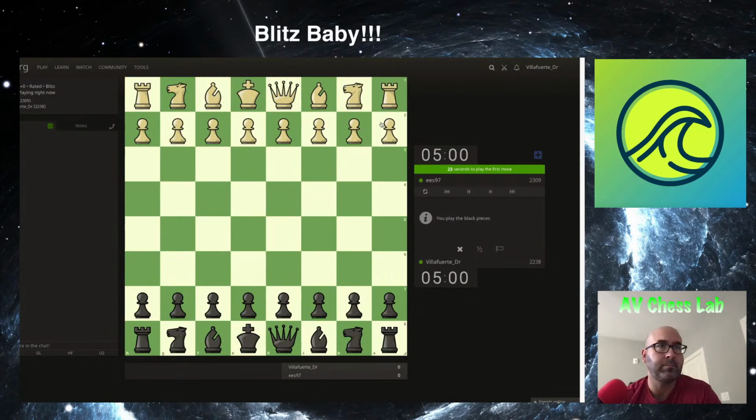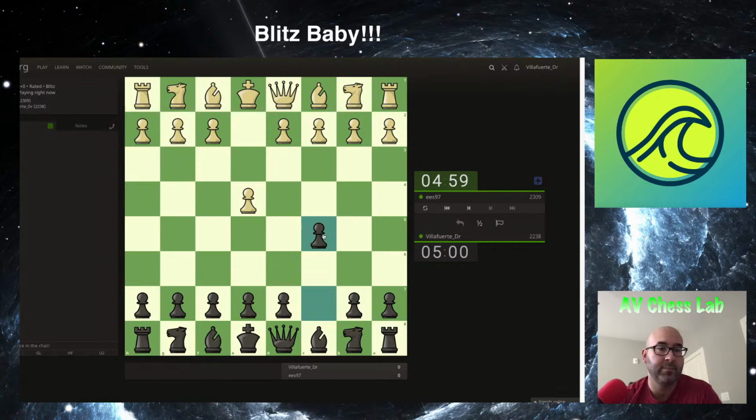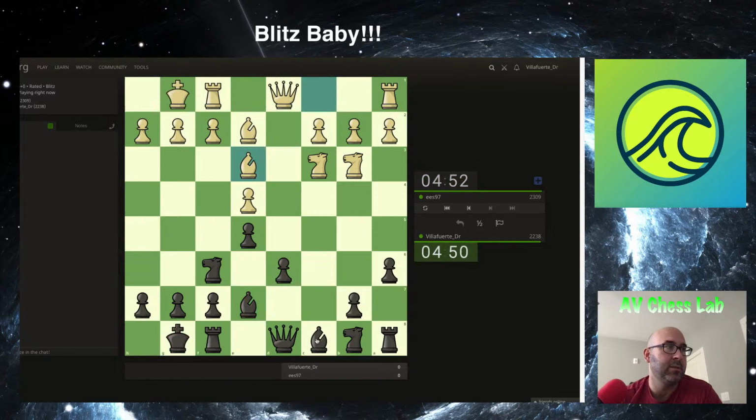Ooh, 2300 player. I think we have met someone that's going to destroy us for sure. Okay, but they still need to prove themselves. Okay, very standard Nimzowitsch. Let's go for normal things like e5, bishop to e7, both sides castle, and I'm just